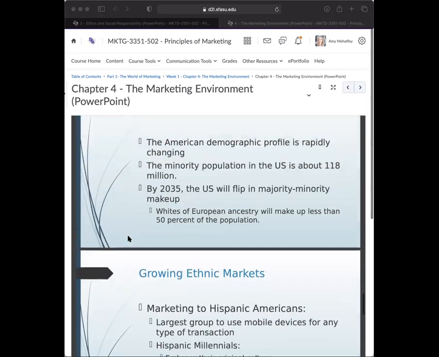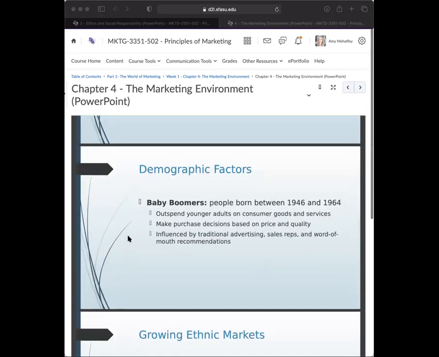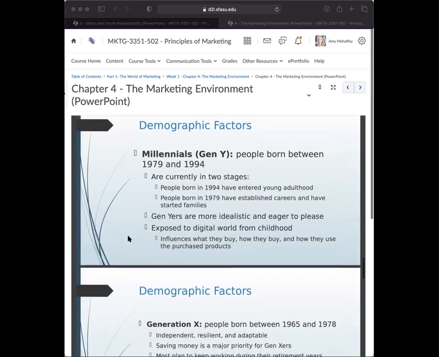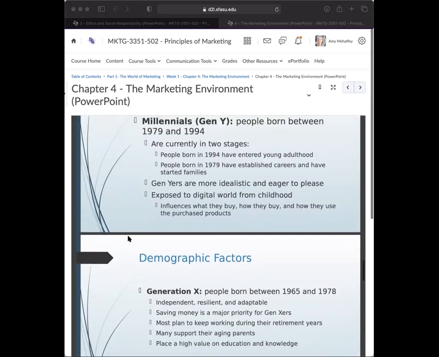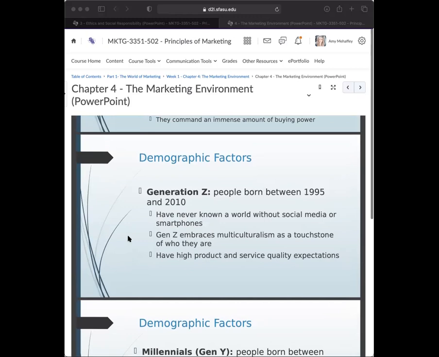I'll go back up here real quick and I'll explain, let's see, what do I want to do? Not millennials. Let's do Gen Z. Most of you are in Gen Z. So if I'm going to segment my market, and I'm going to say, okay, who am I trying to reach with my product? And I'm selling a product that's really beneficial to college students, like a laptop computer that has a long battery life, let's say. If I know about all of these factors about Generation Z, then I can speak to them. I can say the messages would sound different.